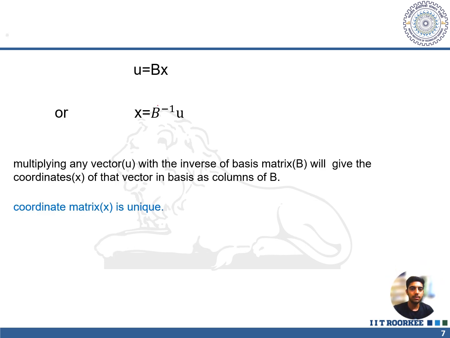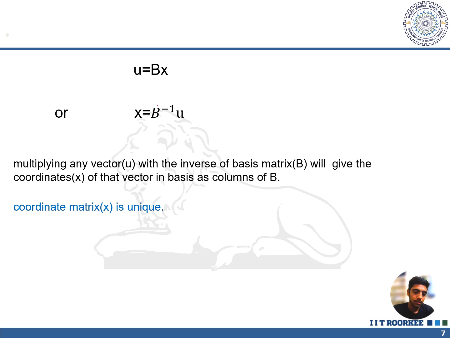So up to this point, we have seen that to find any vector u, we need to multiply the basis matrix, whose columns are the basis vectors, by the coordinates corresponding to that basis. Also, if we are interested in finding the coordinates of a vector u in the basis matrix B, we need to multiply the inverse of the basis matrix with that vector. This will give us the coordinates of the vector u